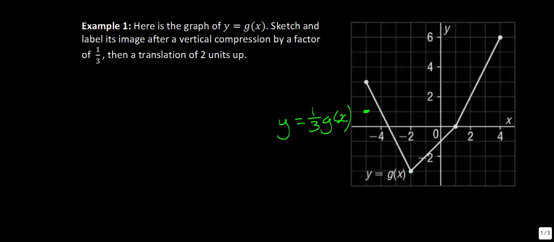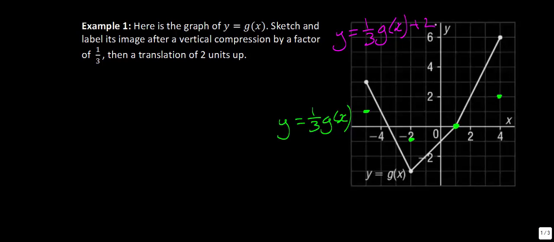All right, this value right here that's at negative 3 is going to be at negative 1. This value here of 0, 0 times 1/3 just stays the same, and this one at 6 is now at 2. Okay, and then in pink right here, we'll graph the other function. So we have y is equal to 1/3 g of x, and now in the pink here we're going to have 1/3 g of